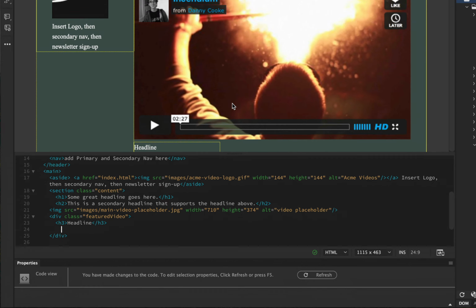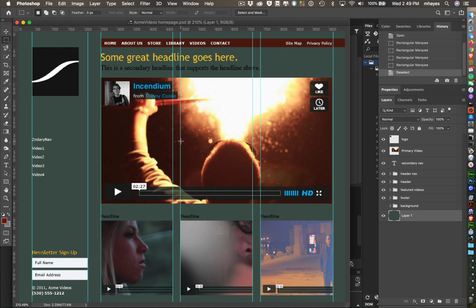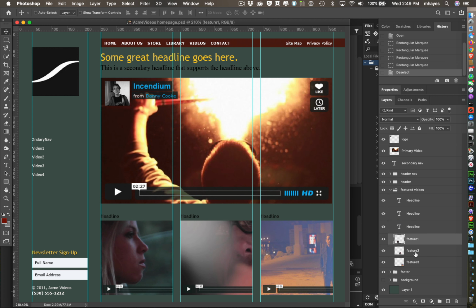Okay, so I don't think I've saved those, so let's jump back to Photoshop. I am going to come down to this first one. I'm going to right click. There we go. Feature 1 is that one. So I'm going to select that. That gave me that layer. I'm going to do Command click on that thumbnail. So you see how it selected it there. And I'm going to say copy,